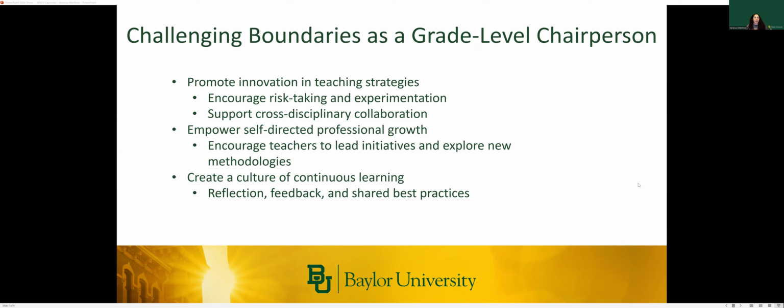Additionally, I try to encourage our teachers and foster continuous learning. I am a huge believer in learning. What someone learns, no one can take away, and life is ever changing. So I try to encourage regular reflection, offer peer feedback to one another, and collaboration so that I can ensure that we're always growing as educators.